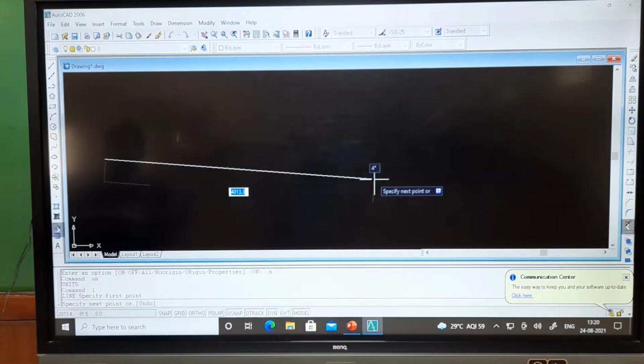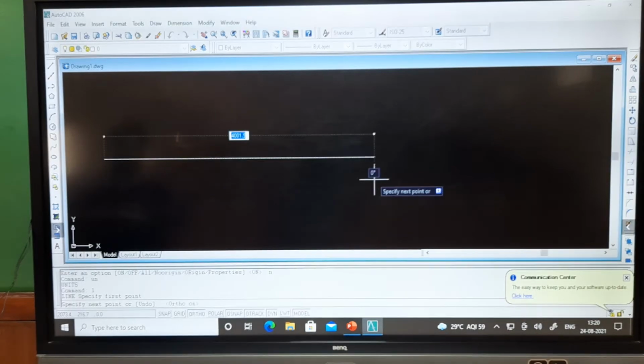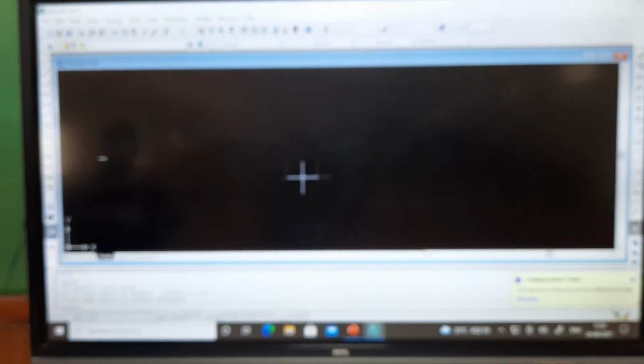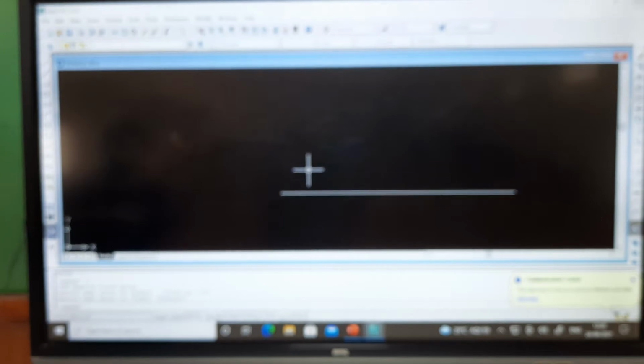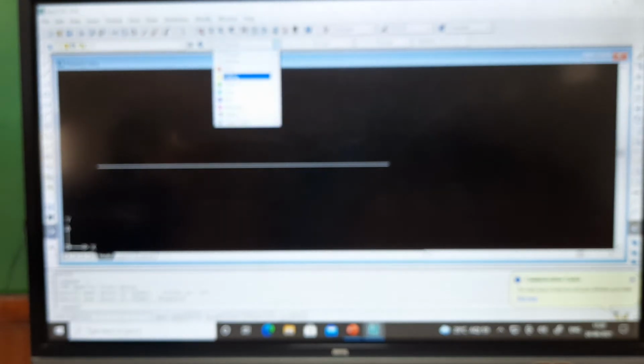Now after that, we have to draw a line. Here ortho is in off mode, we have to turn on this ortho. Now after that, I am giving 100 mm. So here this much is the 100 mm. Because we have used the scale in mm, that unit in mm, because of that we are seeing it here. So now this is our reference line.